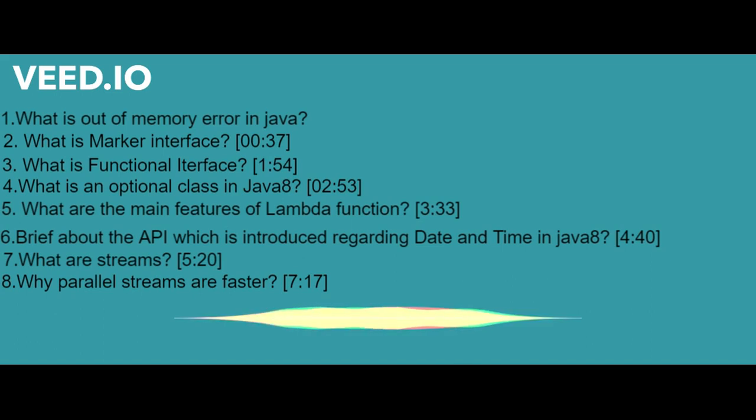So what are the functional interfaces? Okay, so this is something related to Java 1.8. Functional interfaces are those where we have some methods which are defined, similar to what we have in abstract classes. So that method is defined in a functional interface, and we can, sorry.